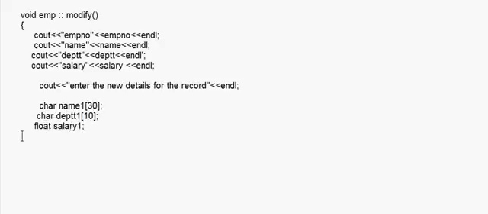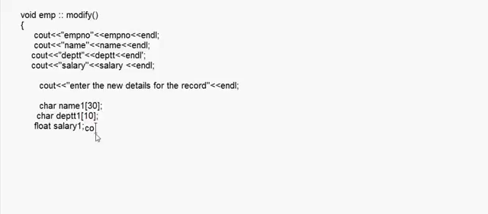Now you have to remember one thing, that the employee number will not be changed. The changes that you want to make will be in the other variables only, name, department, salary. The employee number once given to an employee, that will remain permanent, that will not be changed.